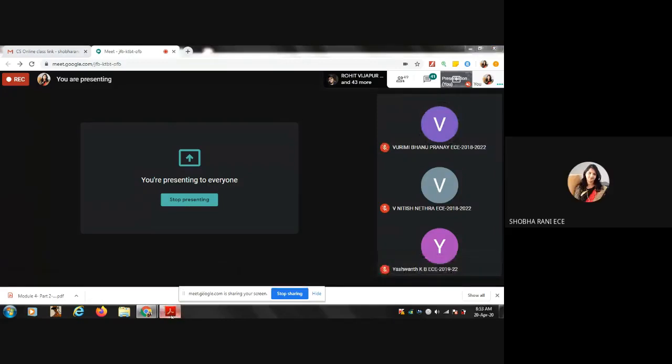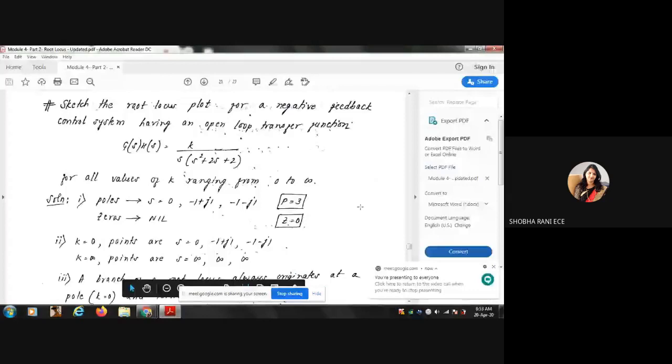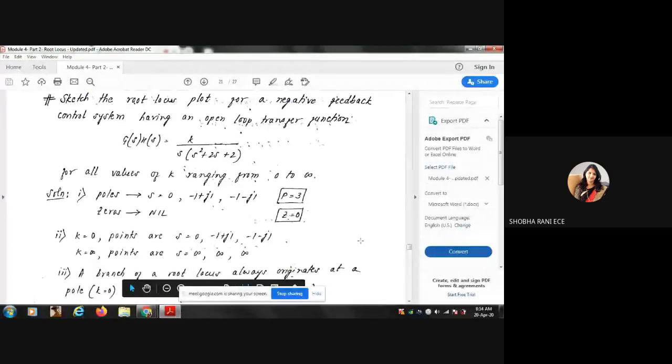So for this type of problem you have to be very careful. Whenever you start with a problem, you will immediately get to know what you are supposed to find out. These problems you cannot understand only by reading. You have to take one problem of your choice, try to follow all the steps and try to draw the root locus. Only then can you learn this.